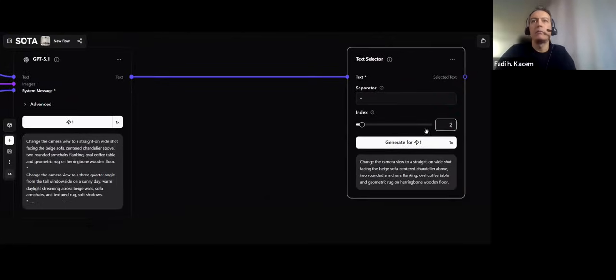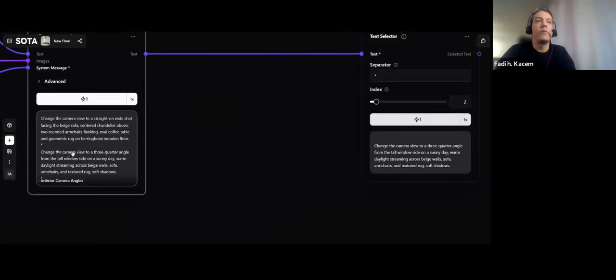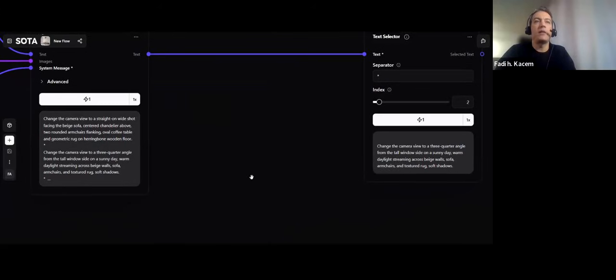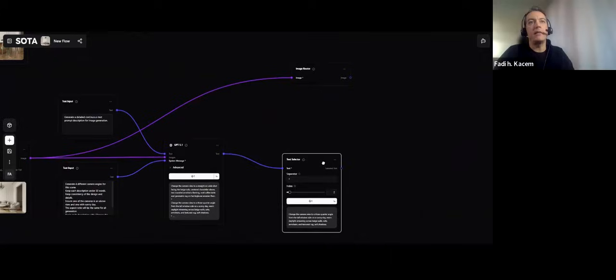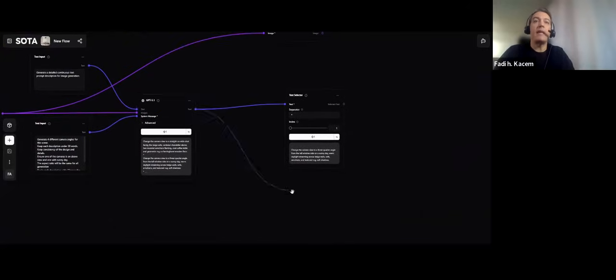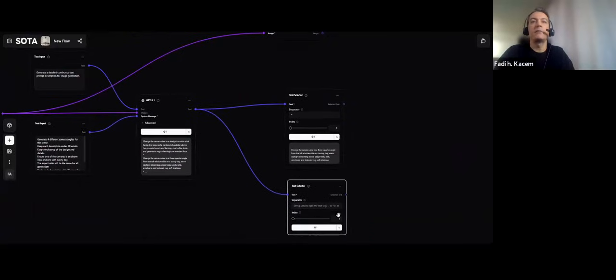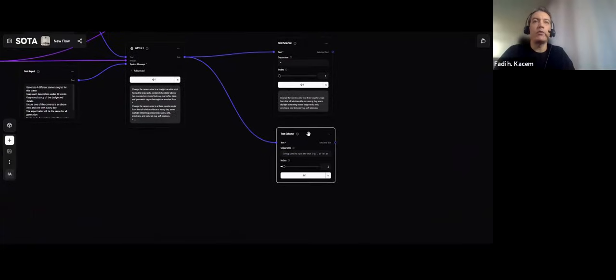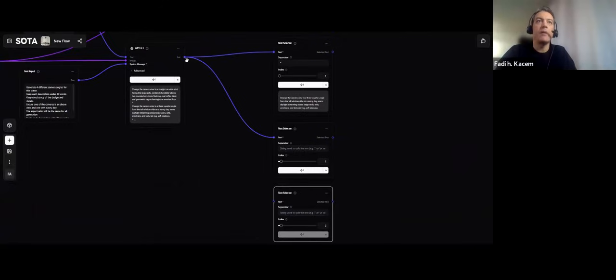Okay, let's try number 2. The second one, generate. This is the same one, the second. Using this method, we can have specific parts of the generated text isolated from the others. So let's replicate that and choose text selector another time and change the index each time, like 1, 2, 3